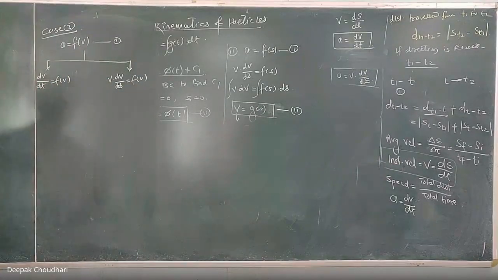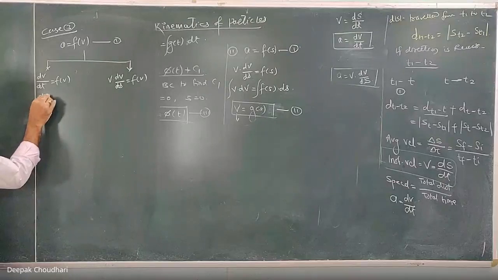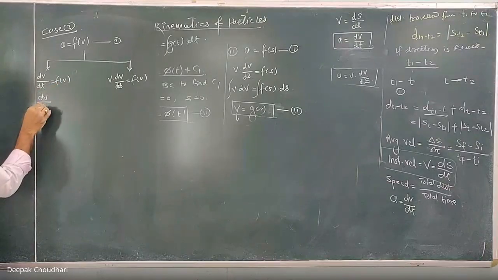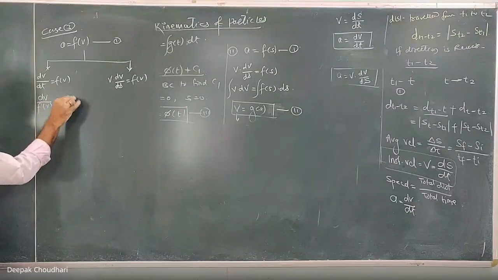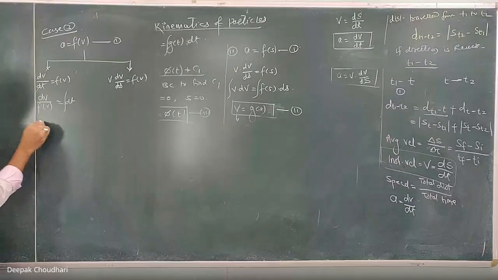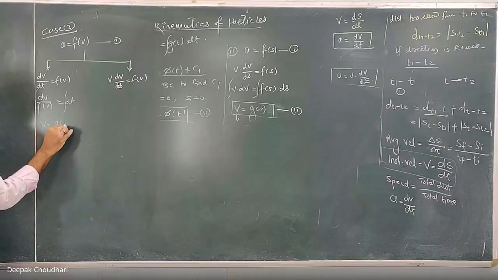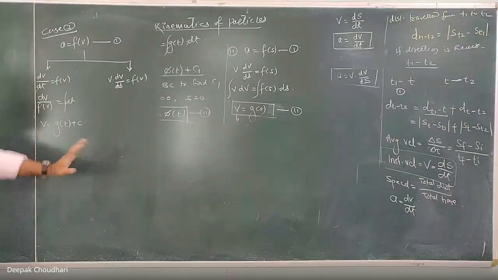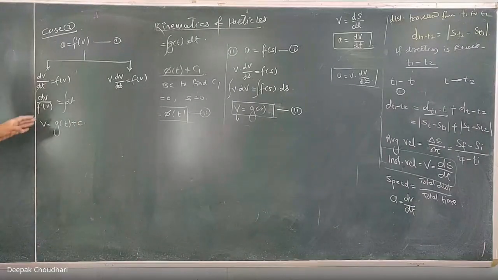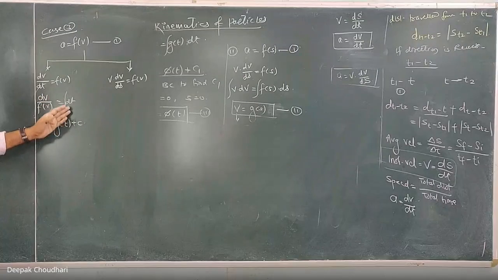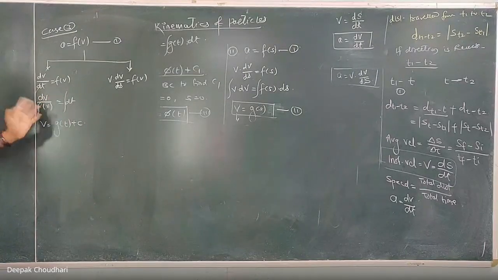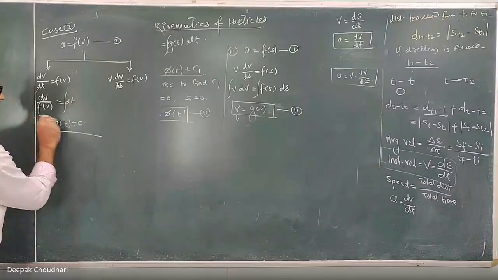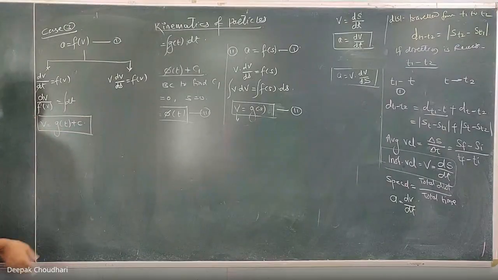But if you solve it further, if I simplify this, if I separate the variables, dv upon f of v equal to dt, integrating both sides. If I integrate, I will get v as some other function of time t plus c. Same case as the one we solved last time. Now don't tell me, sir, the integration of dt will be t. Okay, I'm writing it in generalized form. So you will get v as a function of time t plus some constant of integration.